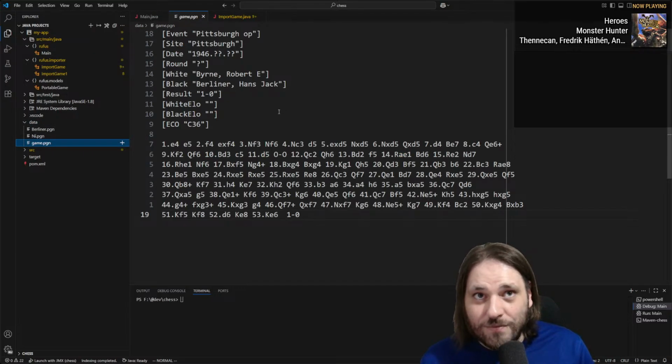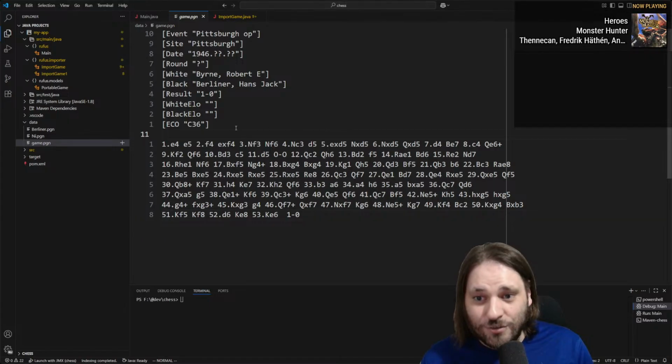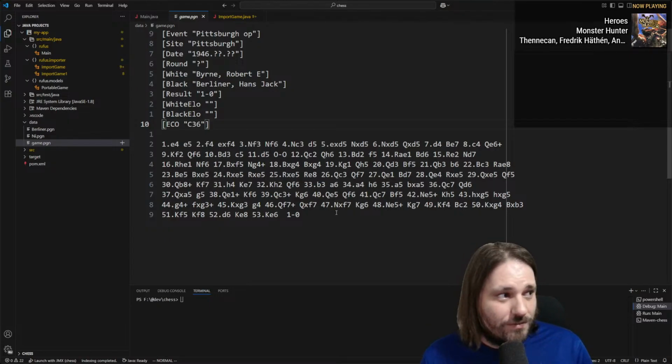This is a PGN file, which stands for Portable Game Notation, and it's how a chess game is notated. I've been doing a lot of reading and looking up on how these are structured and what the different variations of them are supposed to be, and I want to make something that can parse these really fast. When I say really fast,